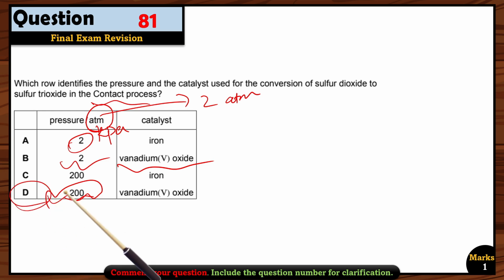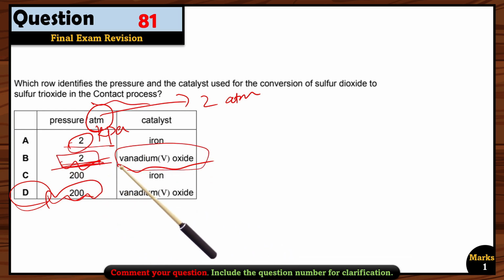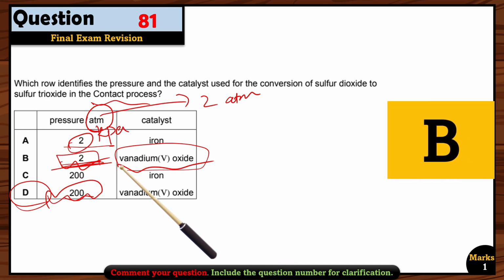So please be very careful when you are looking at the unit. You have to look at the unit. The pressure unit is atm, so you have to write 2 as the pressure and vanadium oxide as the catalyst. So B option is right. Otherwise, if they ask you in kPa, then D option will be the right option. But in this scenario B option is right, because they are asking about the atmospheric pressure,